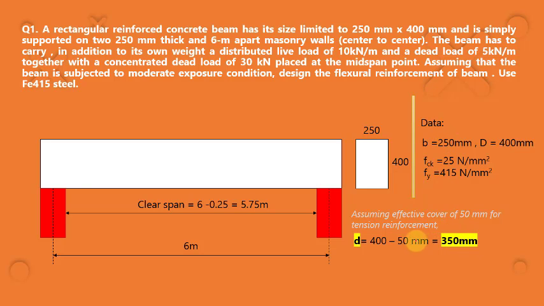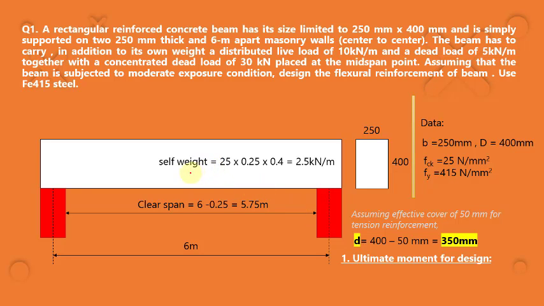Now with this given data, since the cross section dimension of the beam is given, we need to compute the reinforcement which we are going to use such that it develops a moment of resistance to take care of the ultimate moment which is going to come because of the ultimate load acting on the beam. So the first step is to compute the ultimate moment for design. For that, let us know what is the service load which is acting on the beam.